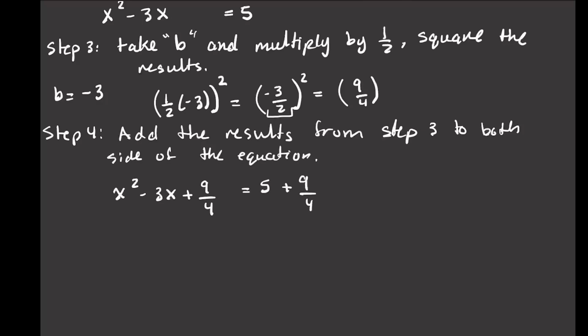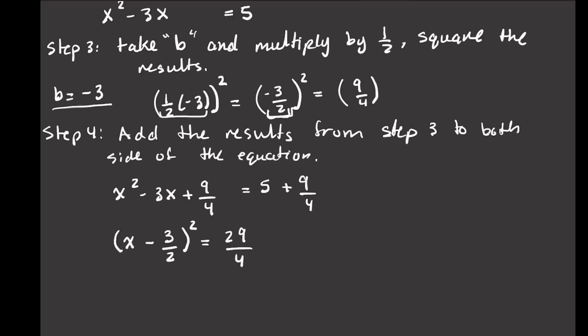Notice right here, on my left-hand side I am able to get a perfect square, and my factor would be x minus 3/2. The -3/2 we get from whatever we multiply the b value by. Here my b value is -3, and I multiplied it by 1/2. So whatever your result is before you square the results from step 3, that is what goes in your factor. Now here, 5 plus 9 over 4 would give you